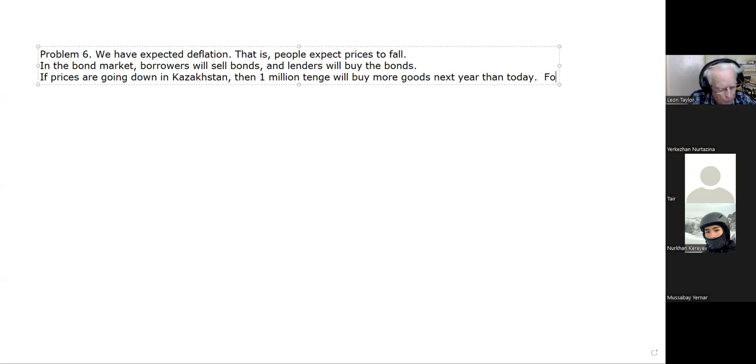So, for example, suppose that the price of a computer, a supercomputer, is 1 million tenge today,